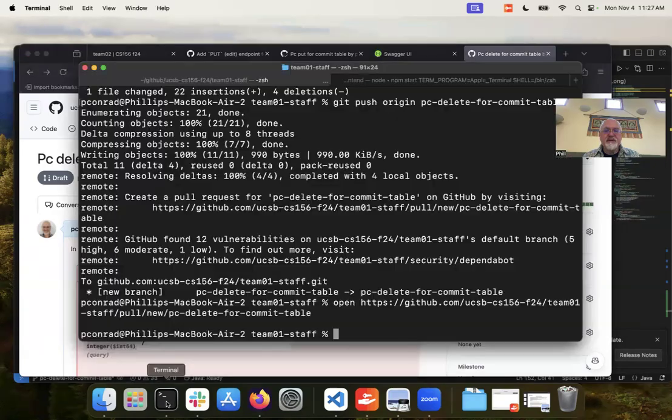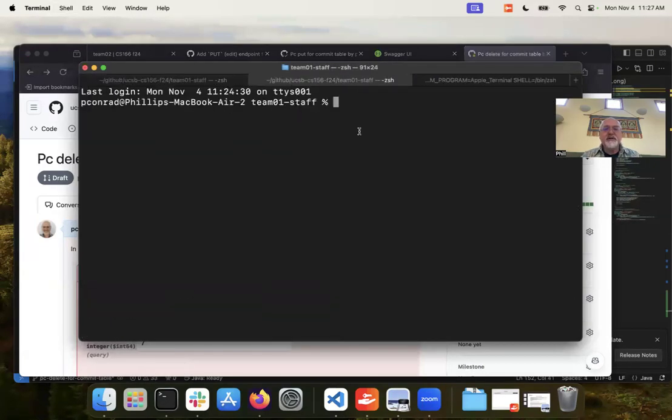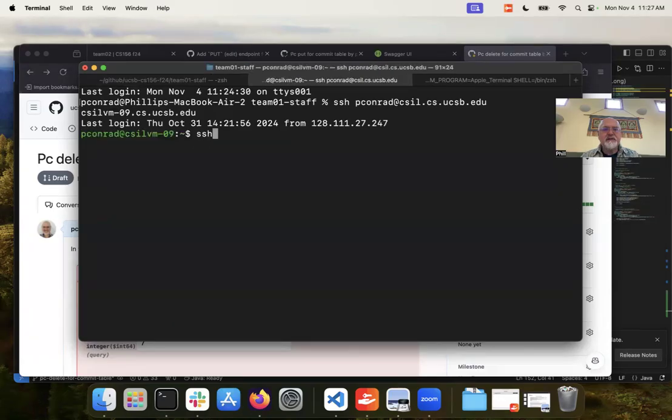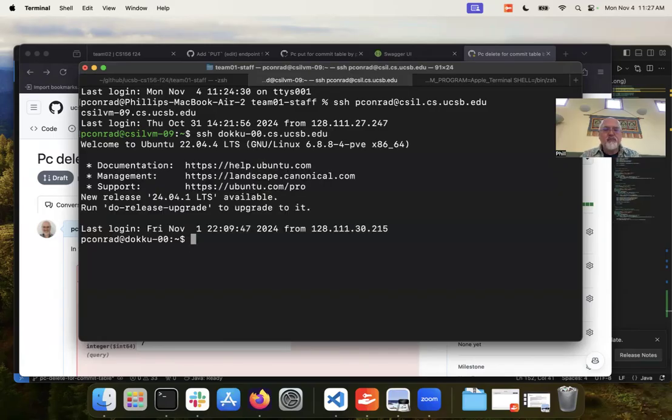So we have a pull request, and now we can go to Dokku. ssh pconrad@cecil.cs.ucsb.edu, and ssh to Dokku 0. In my case, in your case, it'll be your Dokku for your team number. And we'll do a dokku git:sync. Let's see, it's team01-dev-pconrad1, and our